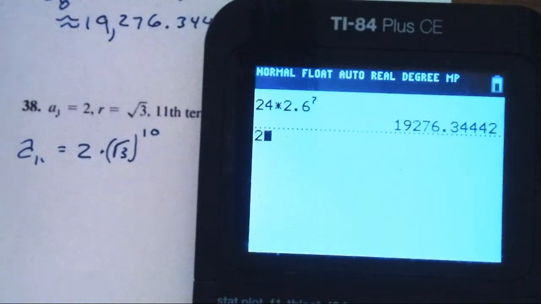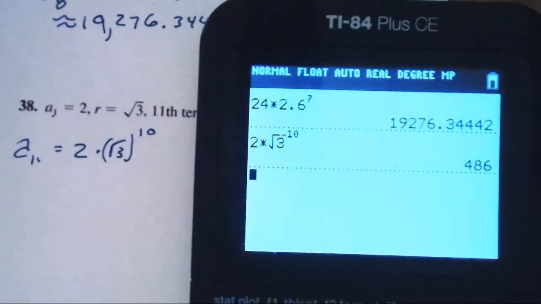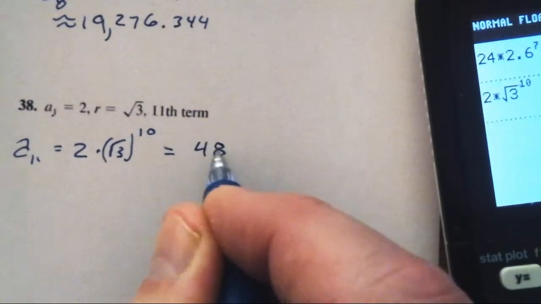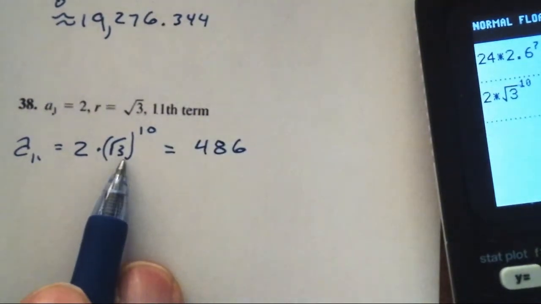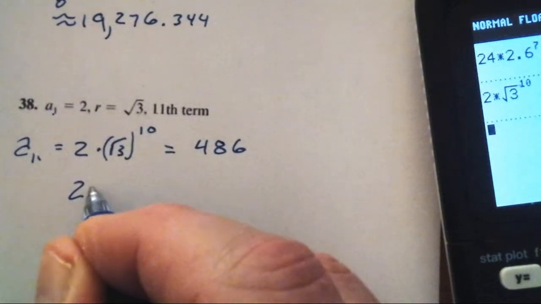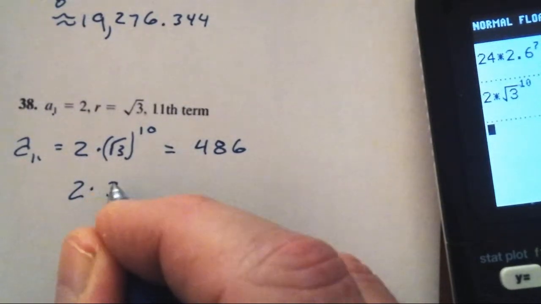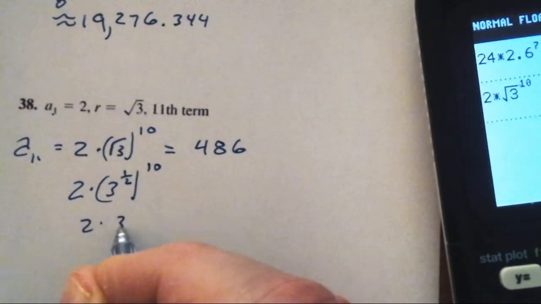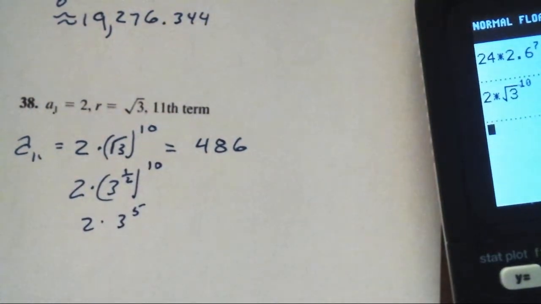We'll go 2 times square root of 3, and I'm going to raise that second factor to the 10th. And at first glance, it might seem a little bit surprising that we end up with 486 when we're not in decimals, but this is equivalent to 3 to the 1/2 to the 10th, which is 2 times 3 to the 5th. Oh, that's why we end up with